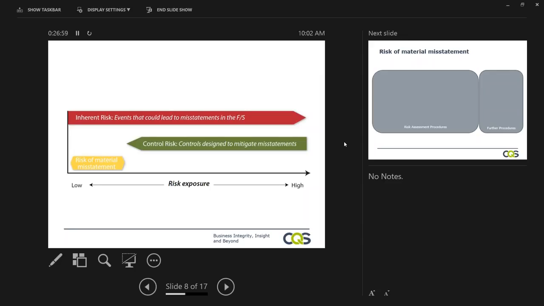The reason why I brought this slide in is there's a common misconception that you assess your inherent risk and then you assess control risk, and control risk adds to inherent risk. So as you find more risks, you add and add and add until you get to a massive risk and you need to mitigate that. It's not true. If you look at the direction that the arrows go in this slide, you can see that